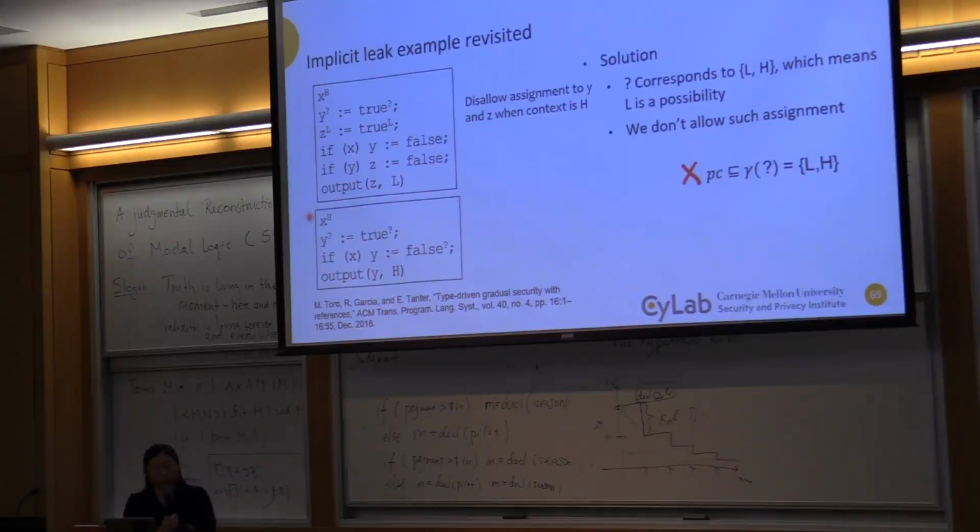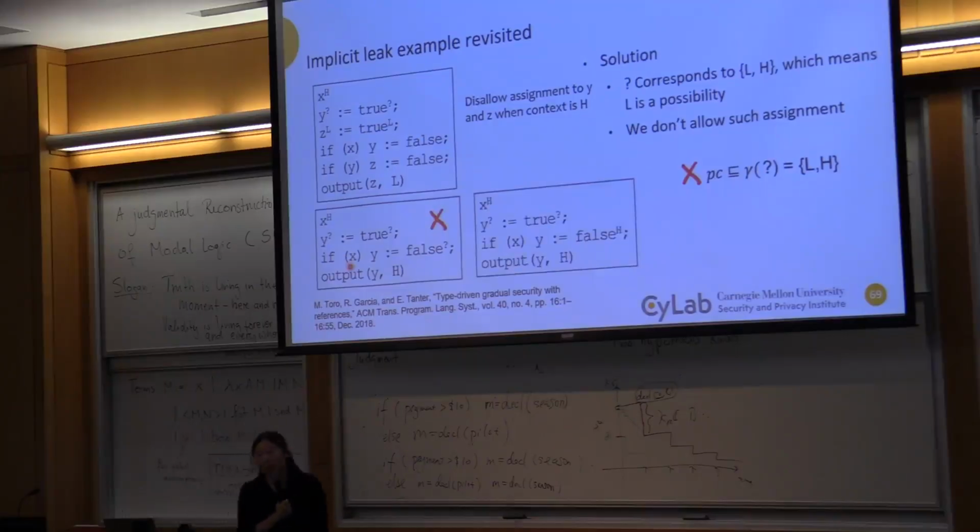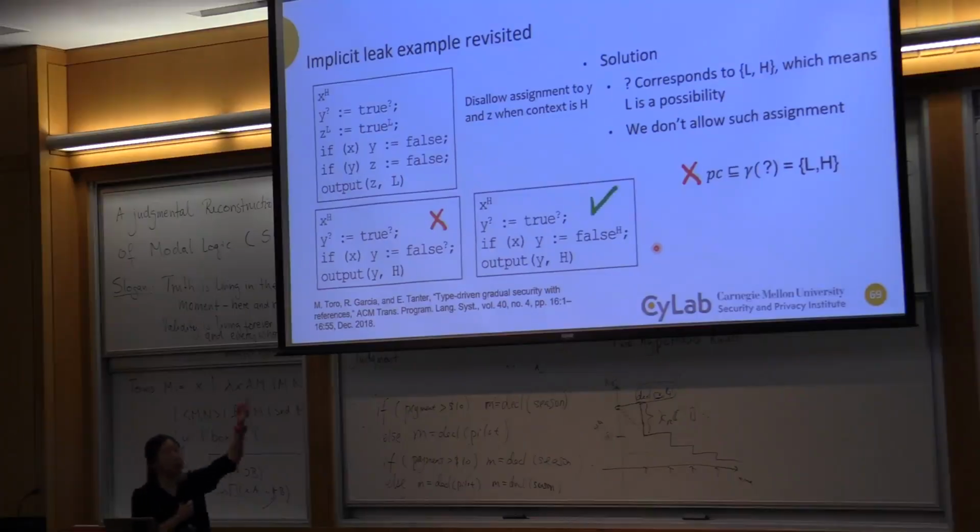I have x, y, but basically throw out some other programs. So here I'm going to assign y to false and output y to high. This will be rejected because inside here, this y can be question mark, x is high. It's possible there's a danger, so I'm going to throw away this program. But if the programmer had given me a type here, this program would run fine, right? So it will be rejected by the runtime. So the decision to reject the program for security ends up violating the dynamic gradual guarantee of the type system. Right? That's one tension that they found out.